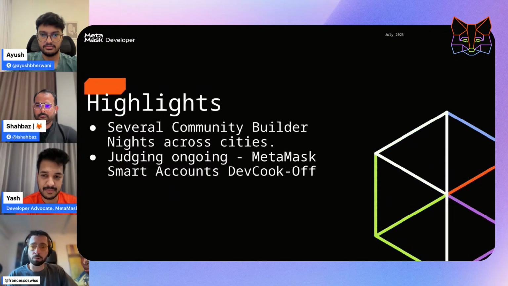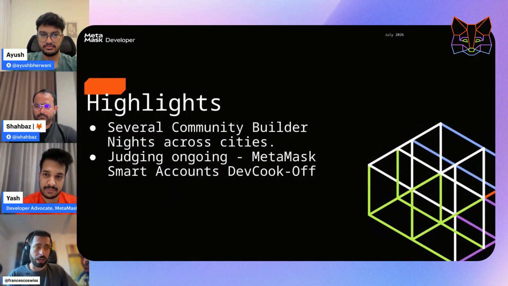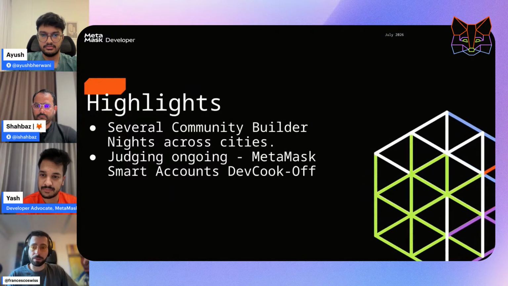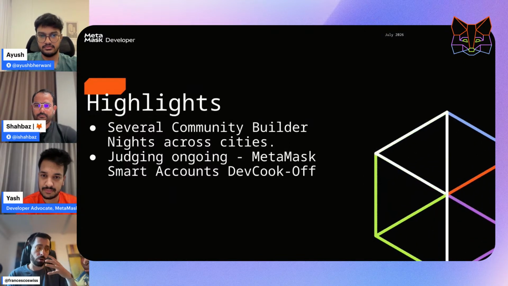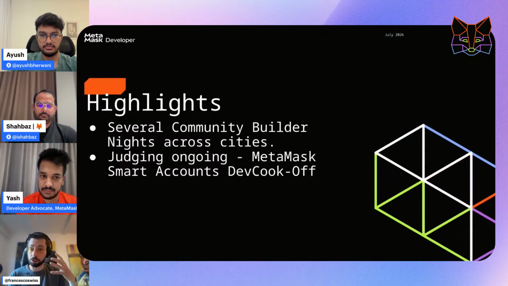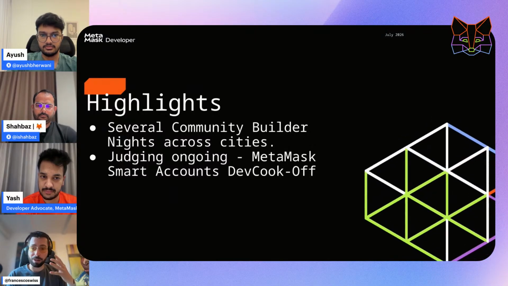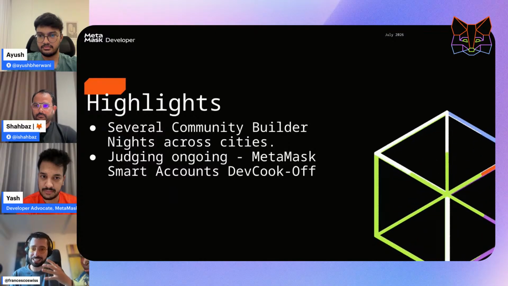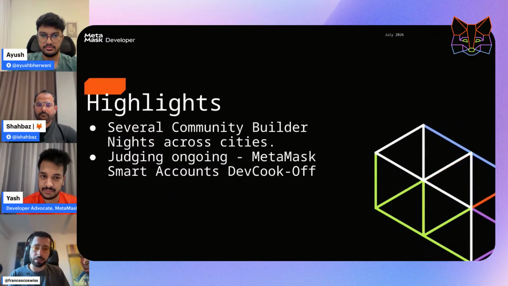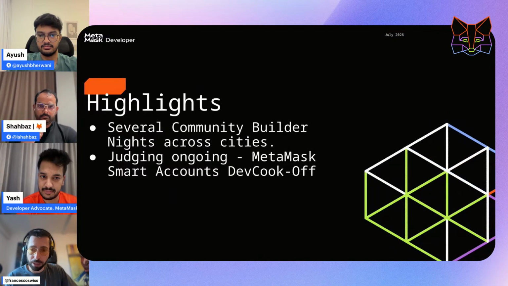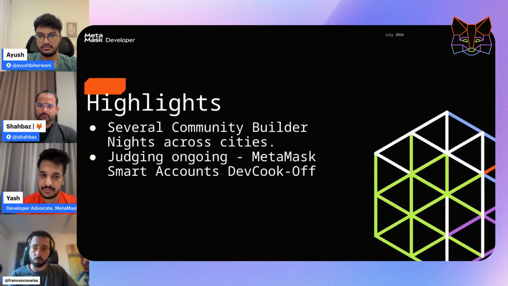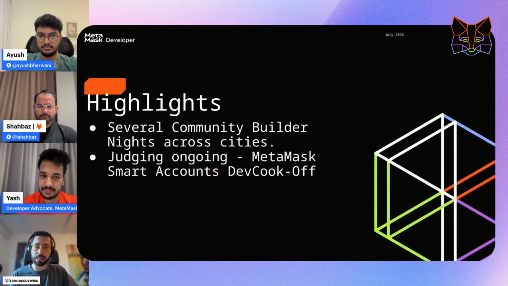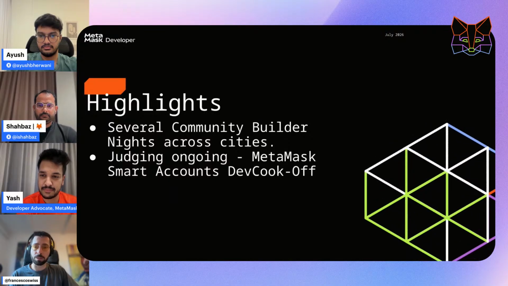If you're excited to launch a local meetup about what you're building, or even around adoption, if you want to show the agent wallet to everyone, and you want to start and try to trade and build some features for the MetaMask agent wallet, you are more than welcome to try it out and organize some of those community builder nights.